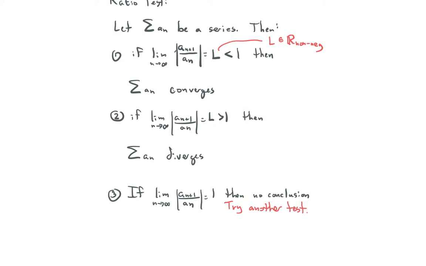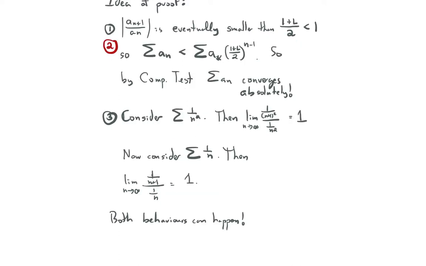So let me do a sketch of why the ratio test is true. I'm not going to prove it in detail, but we can talk about what's going on. The idea here is as follows. If we're dividing one term by another, and this was a geometric series, we would get a fixed ratio r, and then the idea of r being less than 1 applies. So if the limit is less than 1,